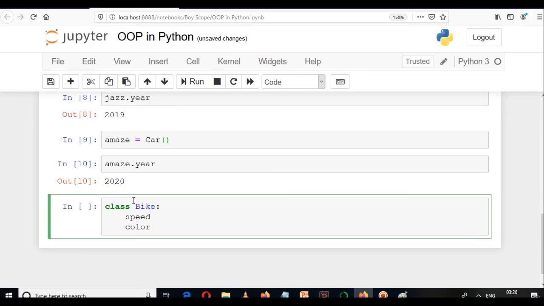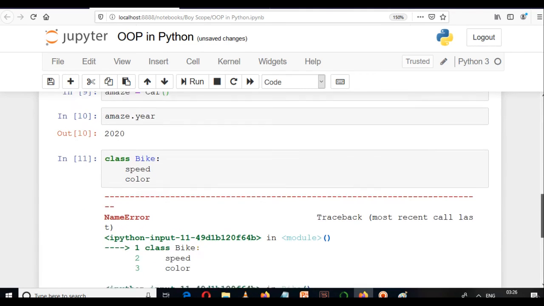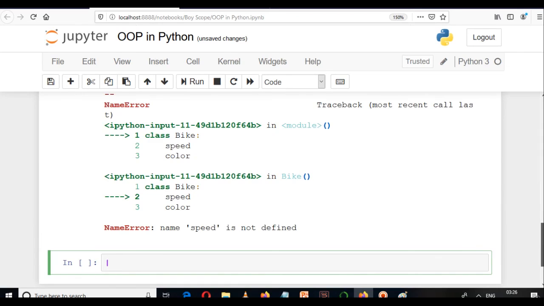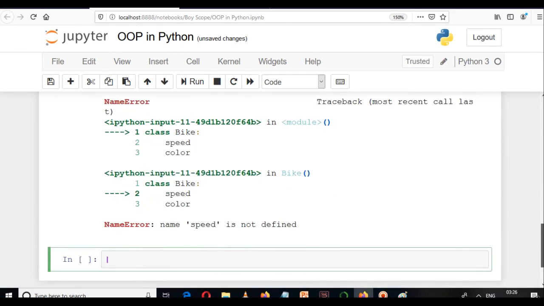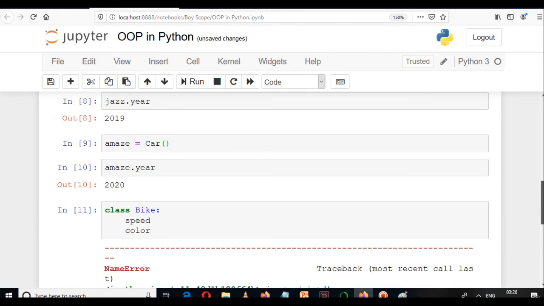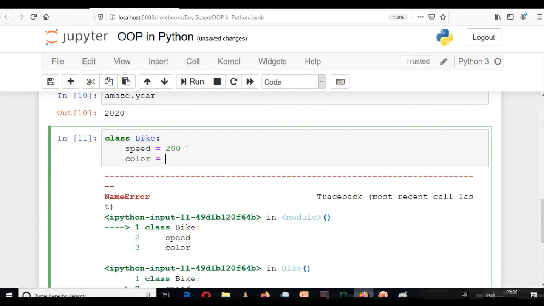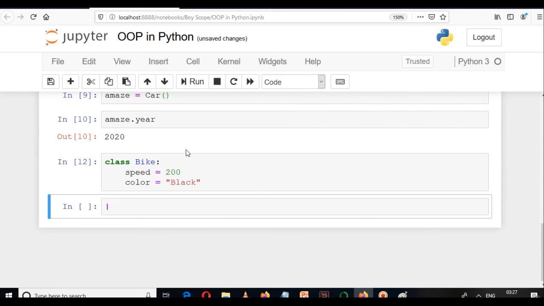We are providing two data properties to this class, and now when we are creating it, you can see the name speed is not defined, so you will receive this error here. If you put some value to it, for example speed is equal to 200, color is equal to black, now you will see this object will be created.